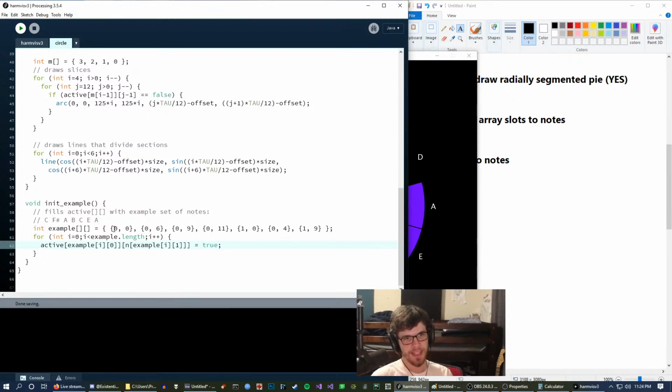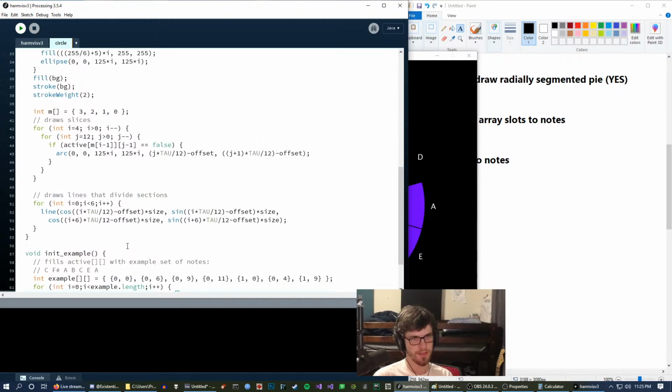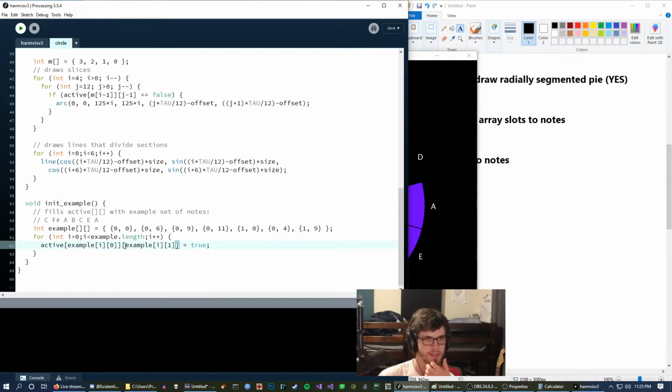So it's taking this first number for each one. Example. So say the first one of this and the first number. Okay, that's correct. So then let me get rid of this real quick. Then it needs to take example I1. It needs to take the n mapping of that. So 0, 1 is going to be 0 for this first one. So active 0, but instead of 0, we don't want that. What we want is